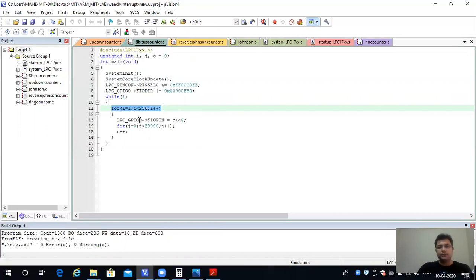So LPC_GPIO0 FIOPIN is equal to C, whatever be the value of C. Initially the value of C is 0, and in the subsequent iterations, because we are incrementing C, next time it is 1, then 2, then 3, then 4, then 5, and it will go till 255. So the value over the LEDs would go from 0 to 255, because it is less than 256. But whatever be the value of C,